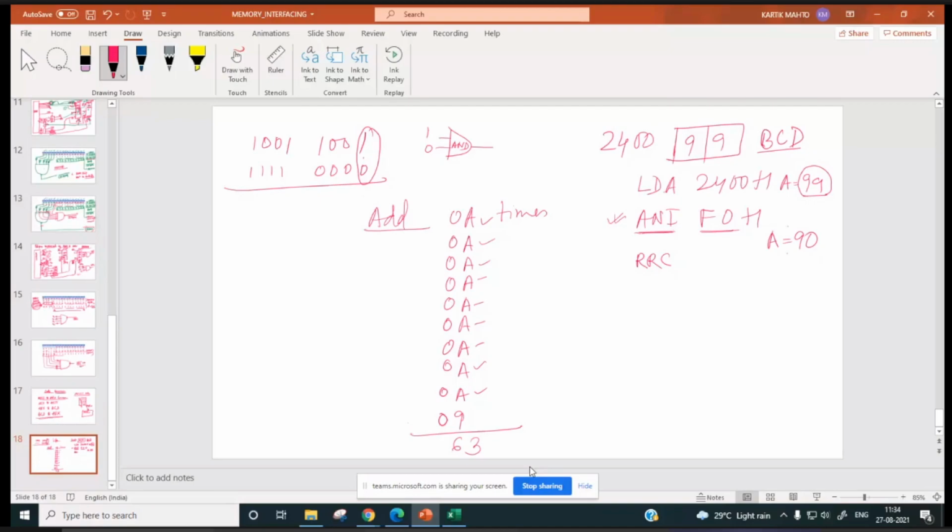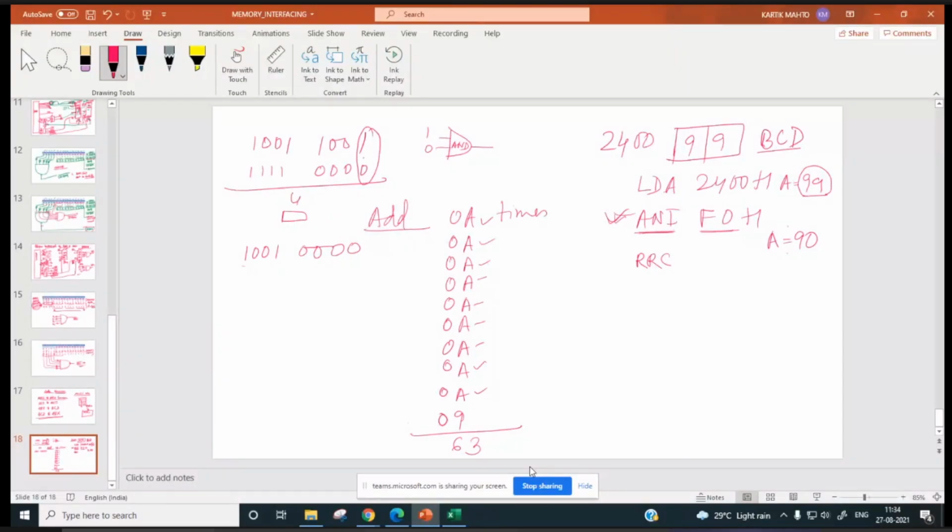After ANI F0H, the carry flag will be 0.